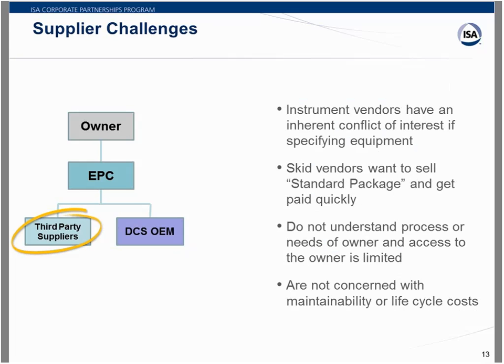So let's go on here and talk about the third-party suppliers. Now, the third-party suppliers are kind of in the same boat as the control system vendor, in that they have an inherent conflict of interest. If you tell me what meter I should have and I sell a cheap meter or an expensive meter, I'm probably going to tell you you need the expensive one. And so obviously not all vendors are that way, but clearly there's a pretty strong incentive to give you the higher-end stuff, especially if you don't know exactly the details of the process.